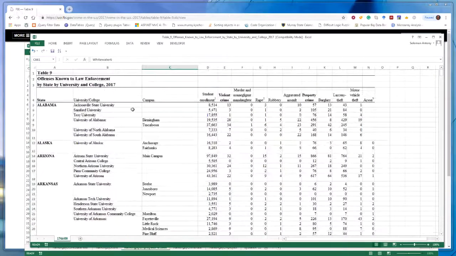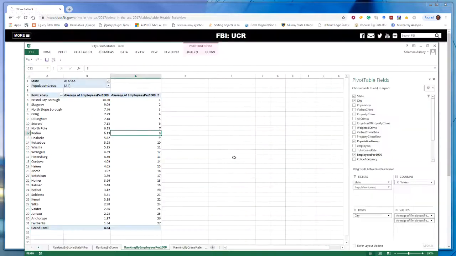We also have data about employment in these university police departments. That information, along with this information, can be brought down to your desktop in Excel. Then once you have it in Excel, we can do the magic and bring the data into a database. So that's what I did.